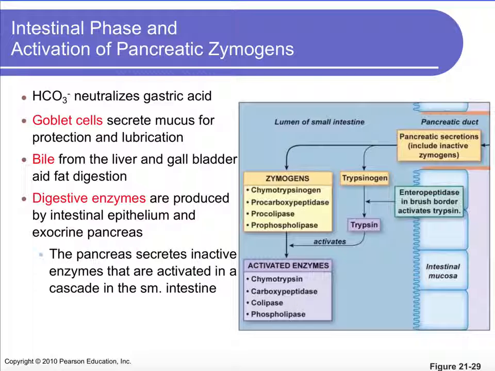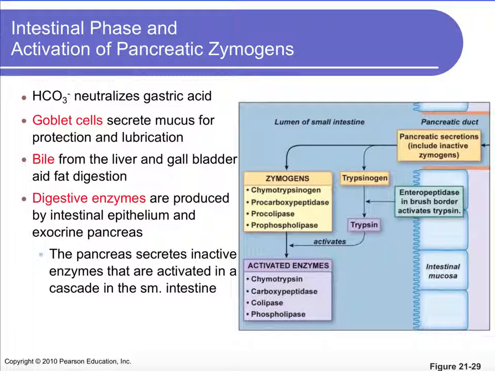And that's because if these enzymes were activated within the pancreas, it would actually auto-digest the pancreas, which we don't want to happen. So the pancreas will make it up to almost ready, so it's still inactive. We need one more final step, and that final step to activate it doesn't happen until it's released into the